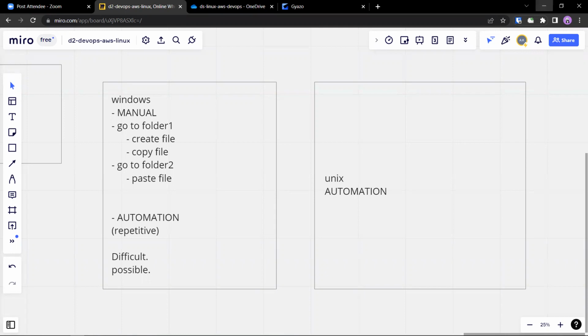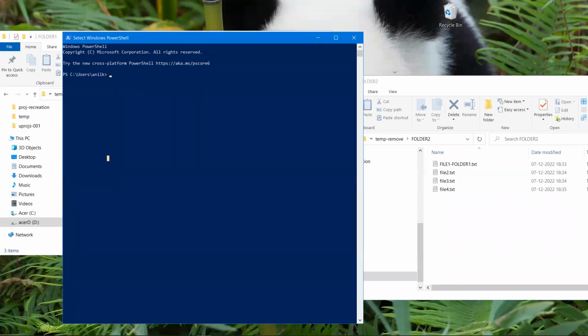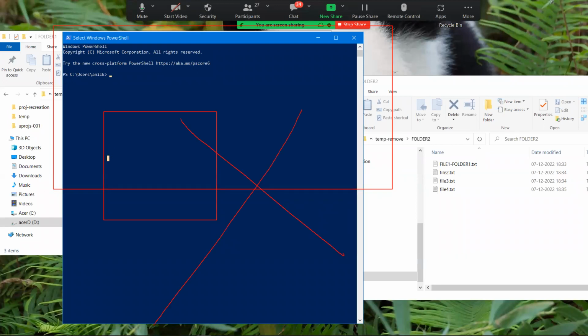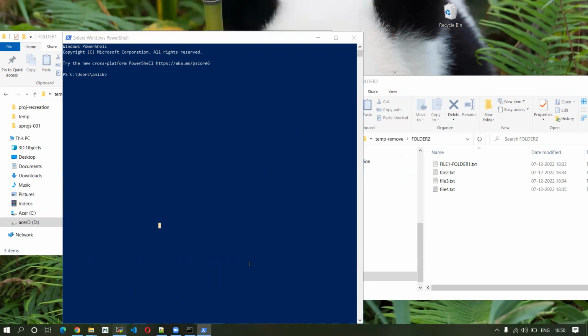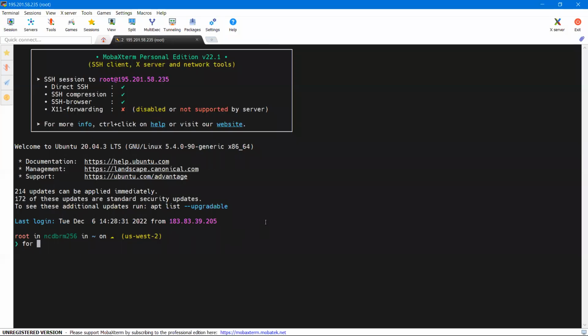That's why Windows never really tried to make this PowerShell more powerful. So even though there is a possibility, Windows programming is not very popular or not easy. So Windows automation is kind of almost zero, nothing. Now the same things, like some of you are saying, can be done easily in a Unix environment. When we reach bash scripting, we will understand that.